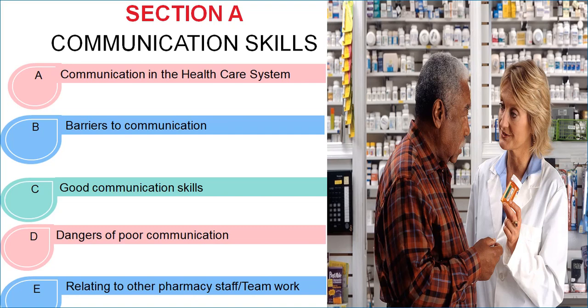And then we'll move to barriers to communication. This is important for us to know, because there are lots of things that can affect the communication between an MCA and the client, or an MCA and your boss, or an MCA and a colleague. For example, if you have an elderly patient who has a hearing impairment, they are not able to hear you very well. That could serve as a barrier, or the language you are speaking they don't understand, or they are visually impaired.